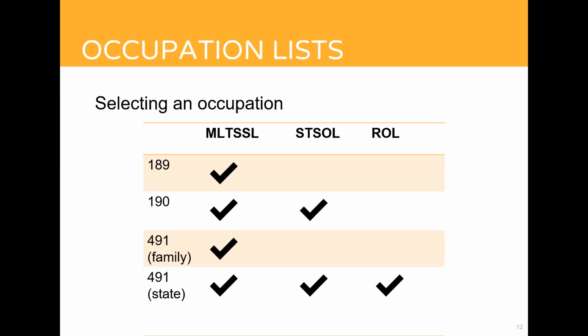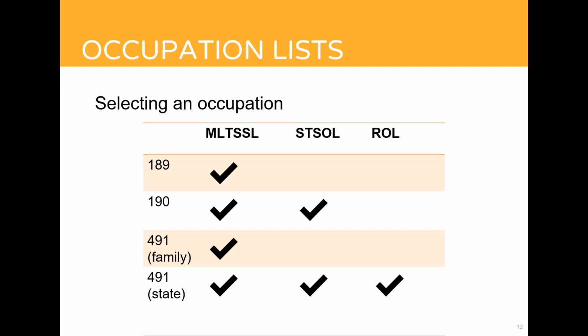Occupations include the traditional professions like teaching, the medical professions, IT, accounting, law, as well as some trade occupations like chefs and mechanics. The STSOL is the short-term skilled occupation list, and that includes some degree qualified occupations in the arts, in sciences, in finance, some paraprofessional occupations, technician occupations, and a large number of trades.